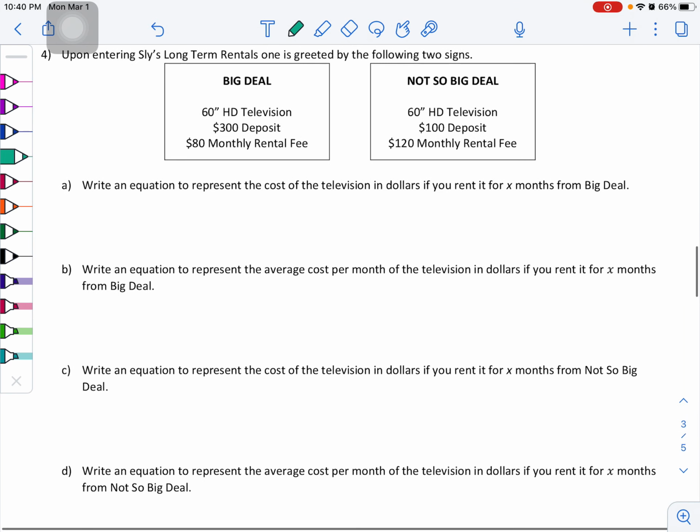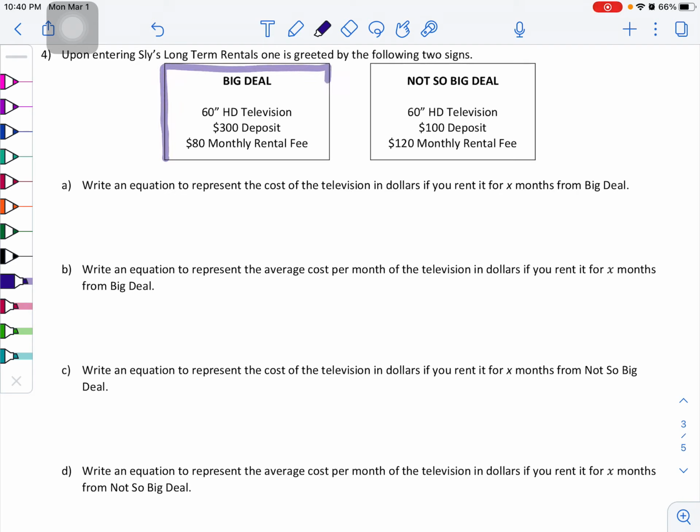I'm going to go ahead and slide down to problem number 4, and that's going to be the last one for this video. And for this particular problem, we're just setting up a bunch of different equations. There's nothing to actually solve here, but we're going to get used to kind of writing those equations out. So we've got 2 deals here. We've got the big deal,